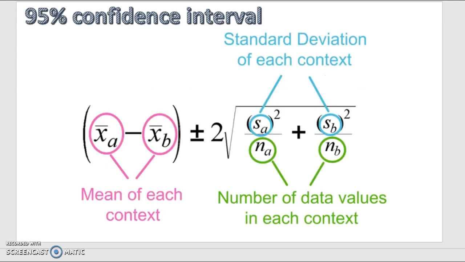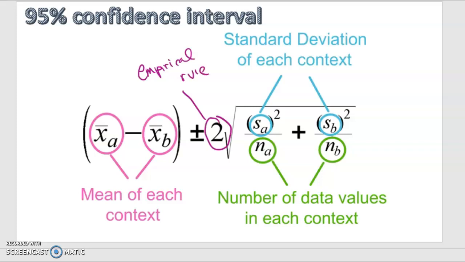Okay, so here's the formula for a 95% confidence interval. So you're subtracting the two sample means. You have a context A and a context B. And just like the two proportions, context A and context B are determined by all the info that's provided to you in the paragraph in a question. You're subtracting the two means, plus or minus 2. Remember that 2 comes from the 95% in the empirical rule. So the 2 comes from the empirical rule,